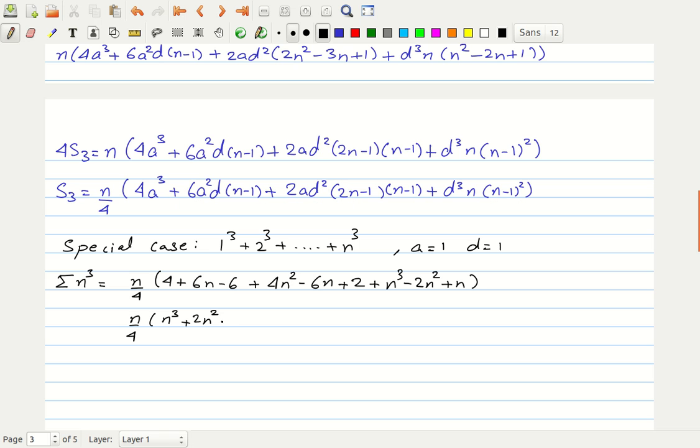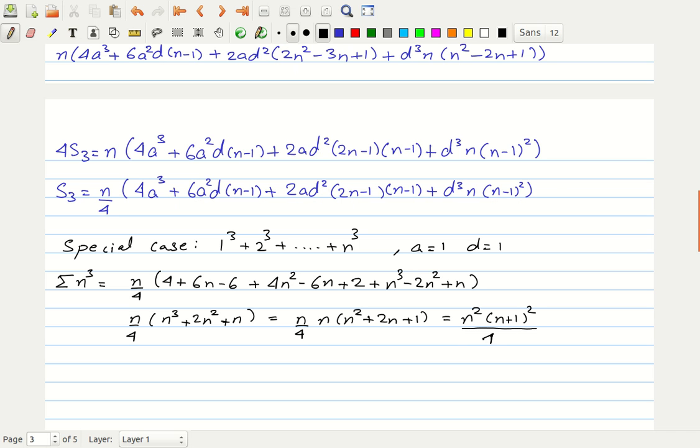So this is plus n, and 4 minus 6 is minus 2, minus 2 plus 2 is 0. So this is n. You can take n as common factor out. So this is n by 4 times n square plus 2n plus 1, which is equal to n square times n plus 1 square